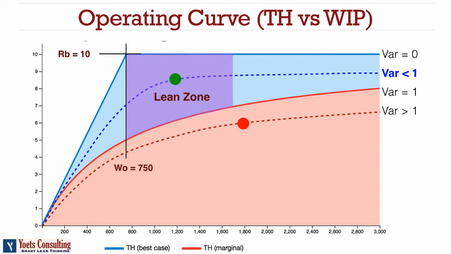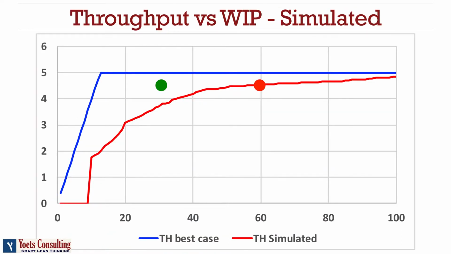Obviously, what you have is a best case, a theoretical case, which is a blue line, and we have a simulated case, and we identify a lean zone where you need to go, where you are currently at the moment, etc., and we target a position, and then we find solutions to reach that position. This is an example of a simulated throughput versus work in progress curve, the red curve. The red dot is where you are currently, and then we target a position where to go, potentially reducing work